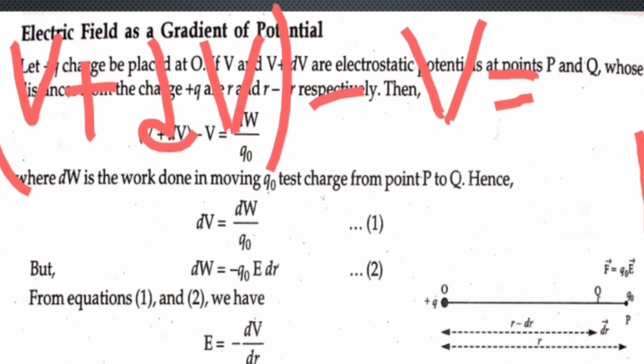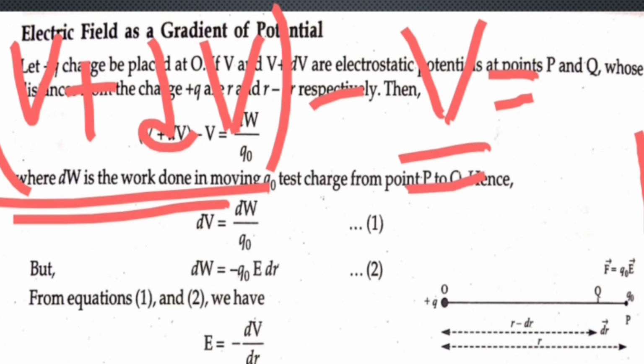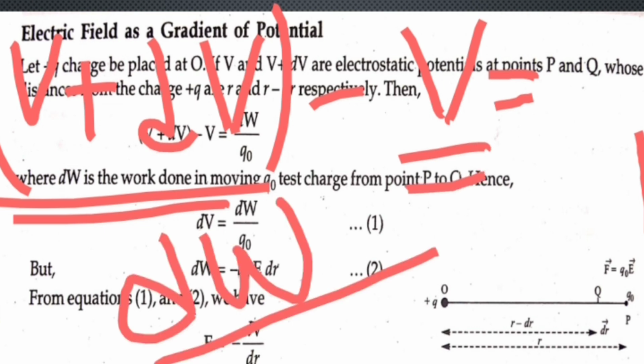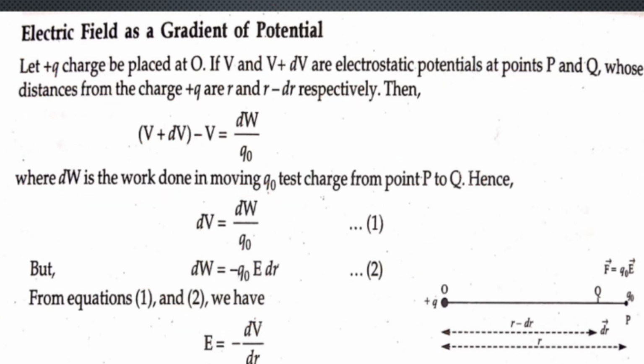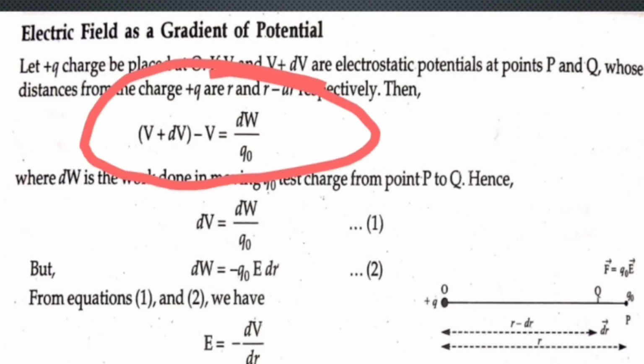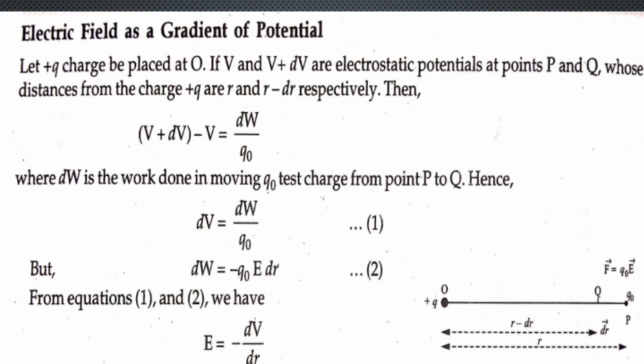So what is the potential? Potential of final minus potential of initial will be equal to the work done by the external agent, divided by the charge we need to place from P to Q. So this will be your total formula. I'm erasing this because this is becoming so dirty now. So this is your value. Okay. After that, if you open this bracket, what will you have? Only dV. V and V cancel out. So this will be your new form, right?